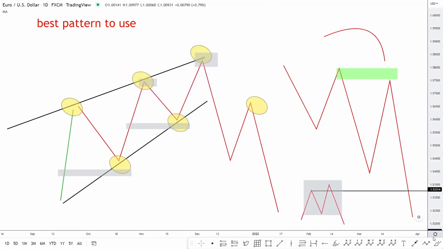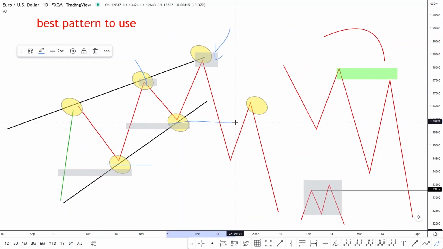This time on this area here, the market didn't break this low, but on this area, it broke this low. That's why I always advise you guys to at least target the lows, because you might be catching a reversal at that time. So after the market has broken this bullish trend line, we are going to wait for a